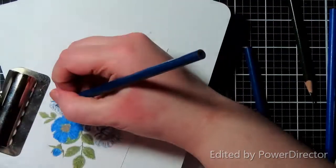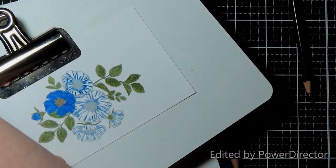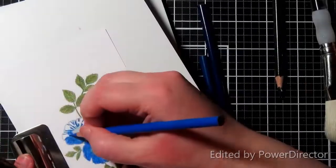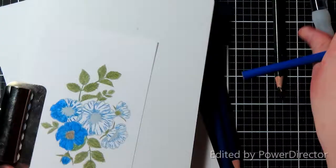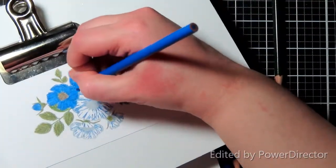So you can see here I'm trying to bring that darker marker. We were just talking about markers. I'm trying to bring the darker pencil in to see if I can get any of that back, and it didn't work. But, so, what else did I have to say? Oh,